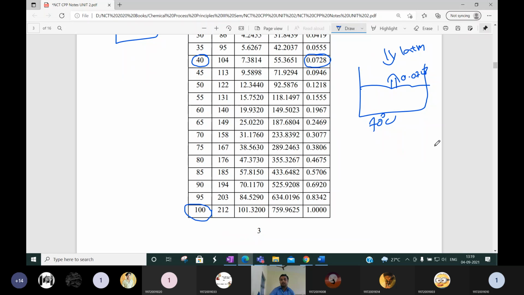It means when the temperature reaches 100 degrees centigrade, slowly the evaporation rate increases. At 40 degrees centigrade, it has this much atmosphere. At 60 degrees centigrade, this much vapor pressure. Vapor pressure means more rate of evaporation will take place. At 100 degrees centigrade, the rate of evaporation will be such that this vapor will create a pressure of 1 atmosphere.